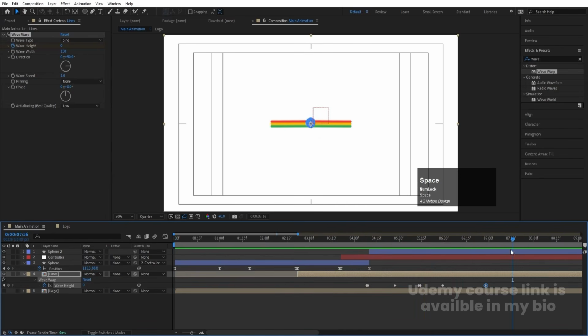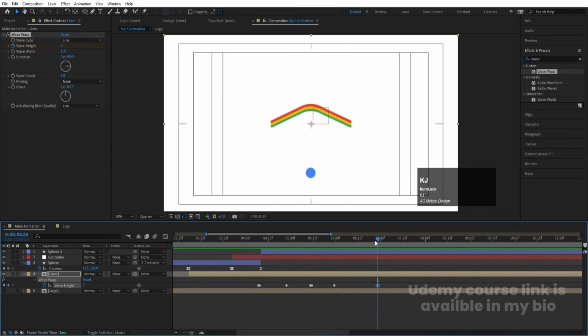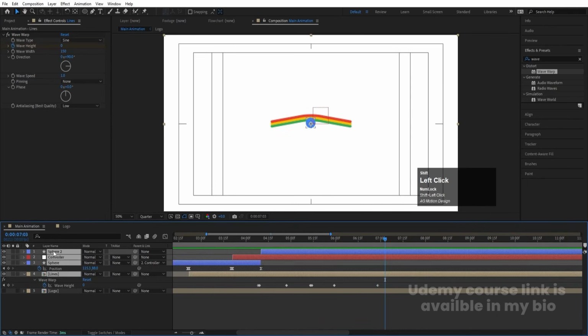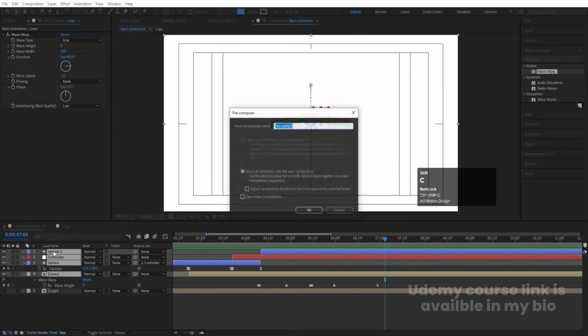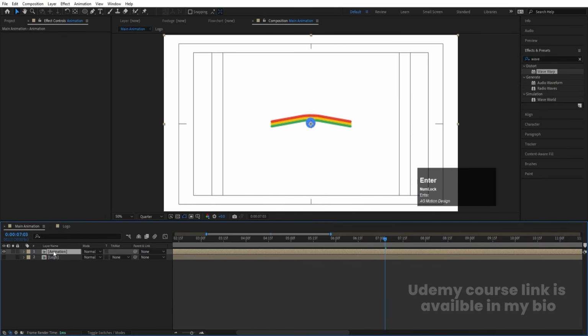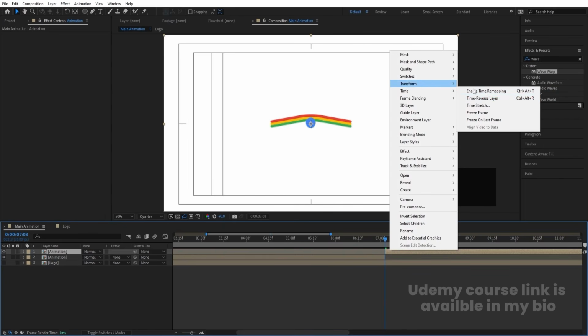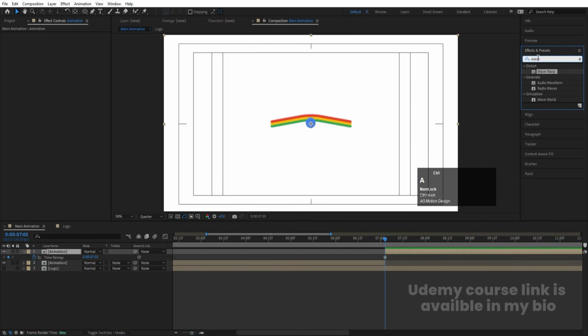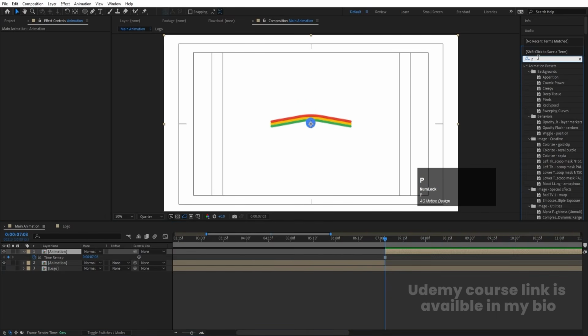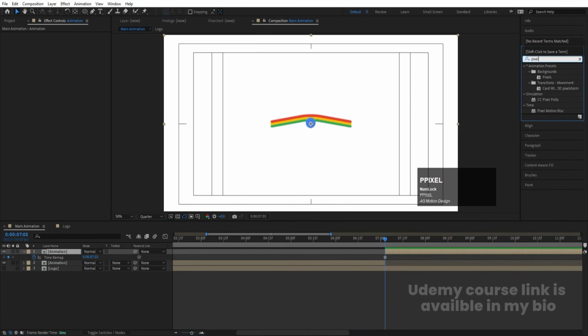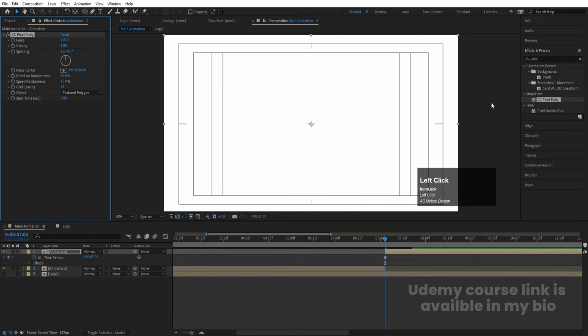Okay, and then at this point where my animation is ending, I'm going to select all of this and press Ctrl Shift C to pre-compose, and I'm going to call it animation. Then at this point I'll press Ctrl Shift D to split this layer, and I'm going to right click, Time, Freeze Frame, go to the Effects and Presets panel and search for the Pixel Polly effect and double click to apply,